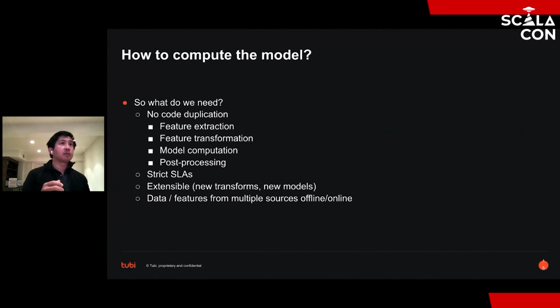So we can add new transforms, we can add new models, and all of that without too much involvement and hand coding. Right? And then the last requirement here is, obviously often offline and online have different requirements. So we need different data sources that are fit for each use case. So whatever this model computation system will need, it needs to also be able to get data out of these systems.